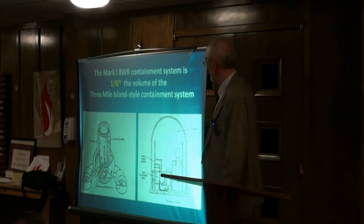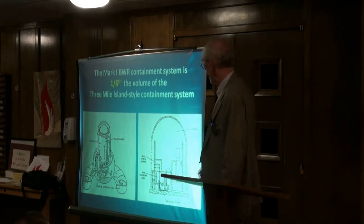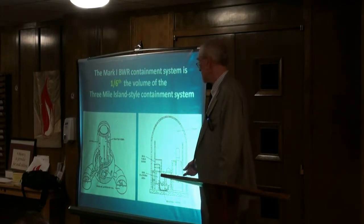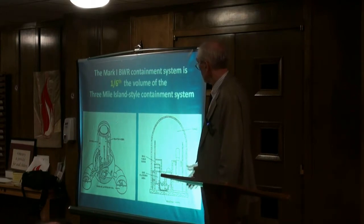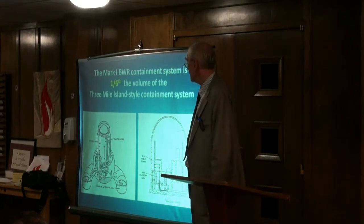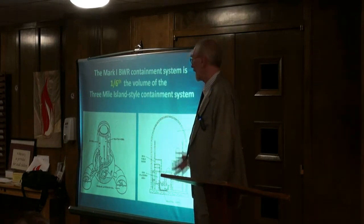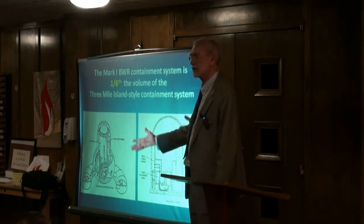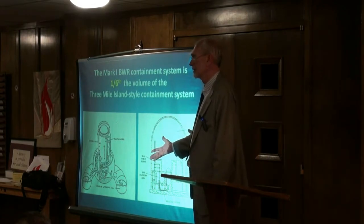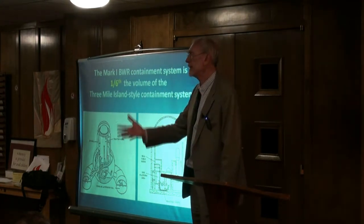And what they all pointed out is that these GE BWRs, this all-important containment system for this particular design, is 1/6 the volume of the containment that you typically see in these large pressurized water reactors like Seabrook or like 3 Mile Island. But we have known for decades that if this system is challenged under severe accident, it will fail. And when I was in front of that CNN camera on March 11th, I was just recounting history. Not my concern. We've been warned many times